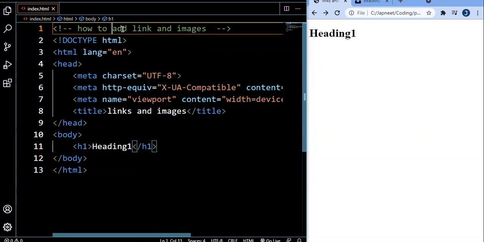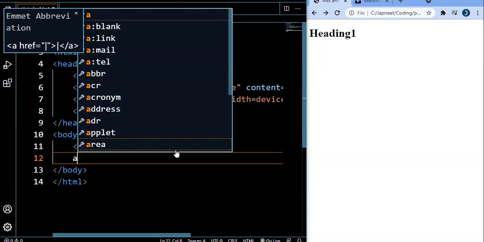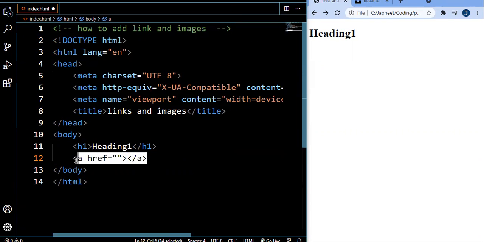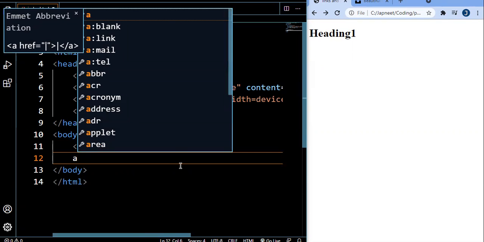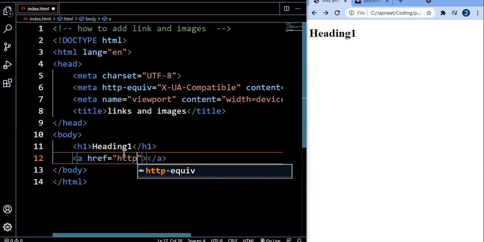Now for adding links we use the anchor tag. The shortcut for writing this is press A and then press the tab key, so you will get this. Firstly we'll talk about href. href is the place where you will write the link. For example, https